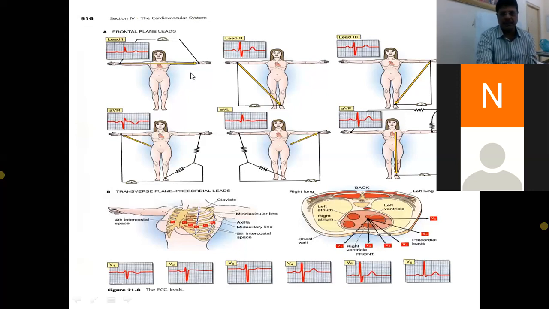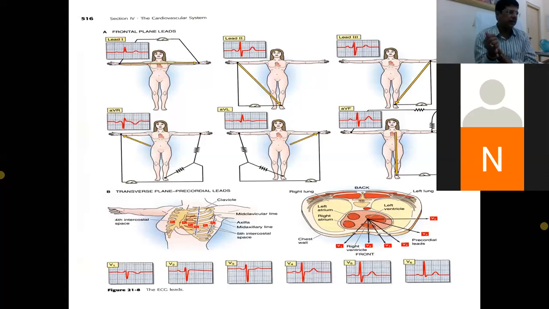We'll start with lead AVR. Why we are starting with lead AVR, I'll tell you, you will understand. In lead AVR, A stands for augmented, V stands for unipolar, R stands for right hand. So it's a unipolar recording from the right hand limb lead, right? So when you're recording from the AVR